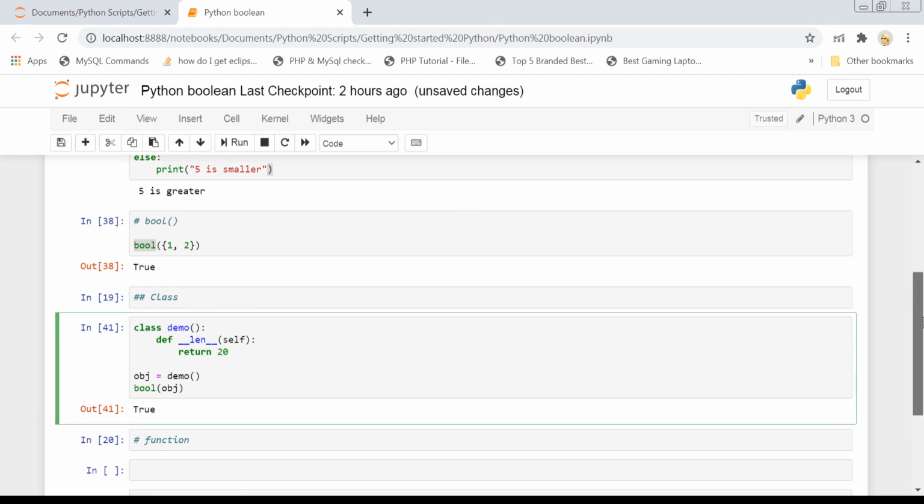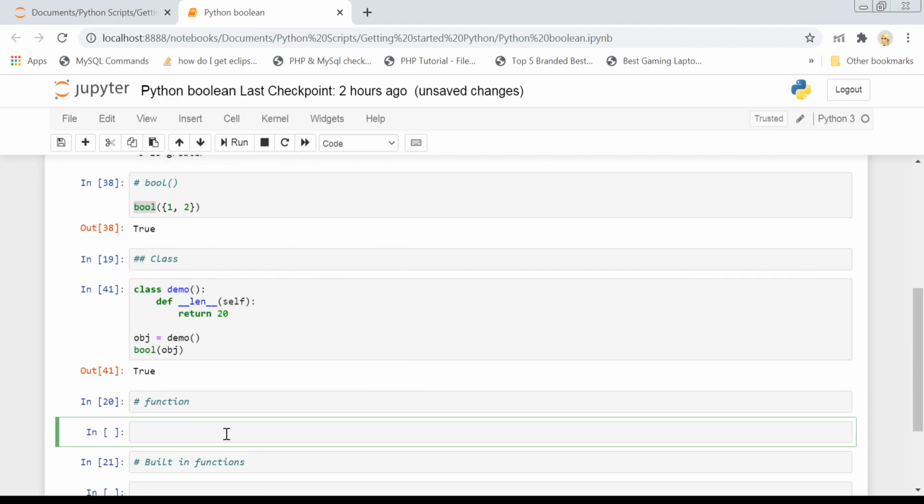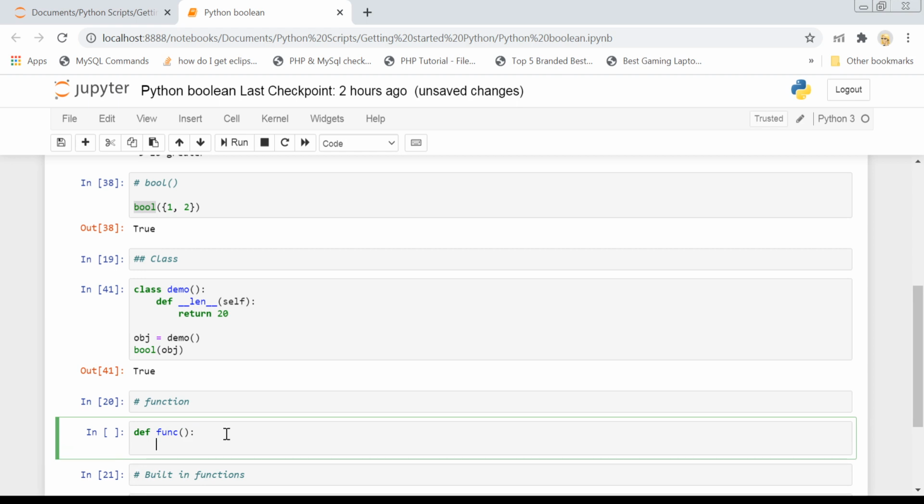Now obviously, if you can evaluate your class objects as Boolean, you can also return Boolean values from your function. So for example, to create a function, all you have to do is write def and your function name, and let's suppose this function is simply returning the value true.